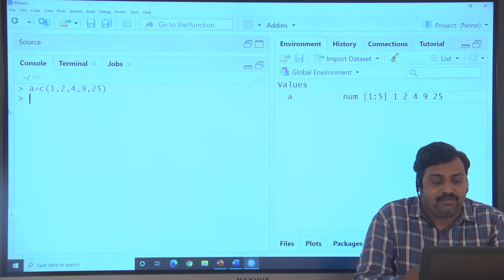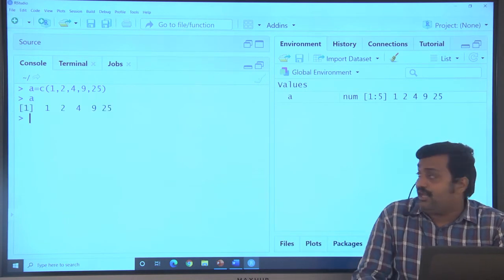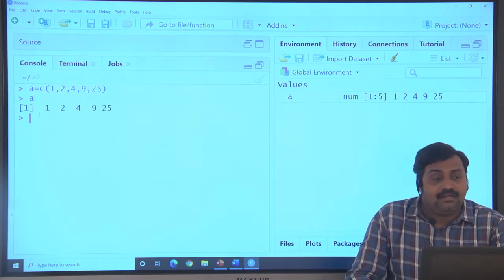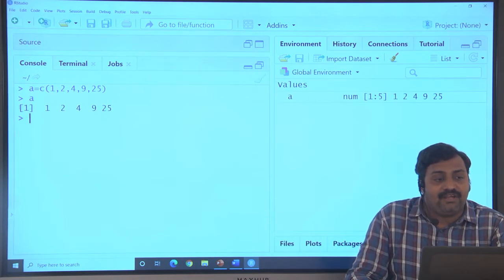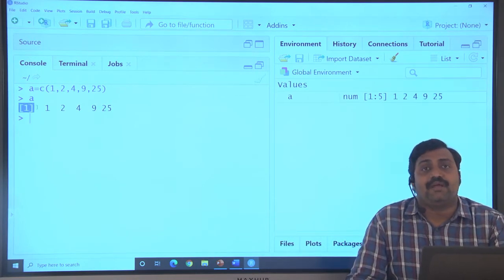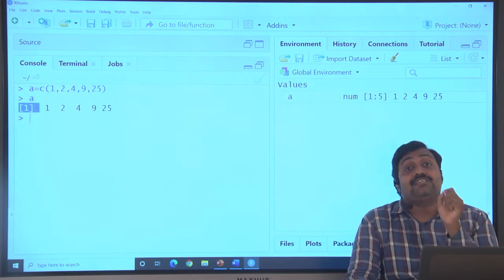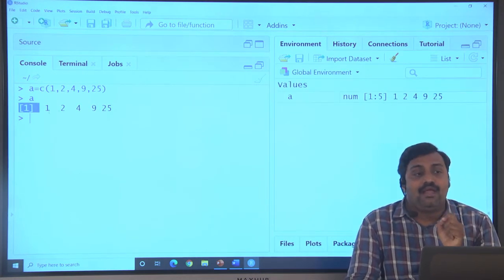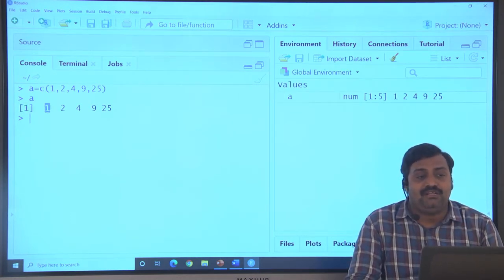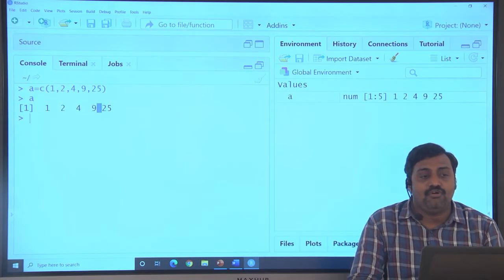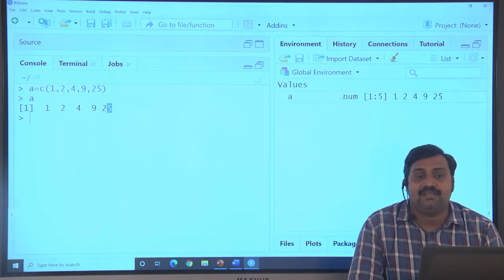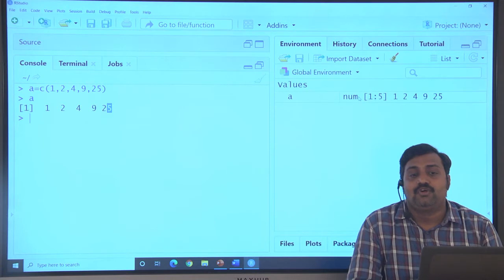So you can check a. The starting value in square brackets is 1, which means indexing starts with 1, and the same thing is shown in the global environment.